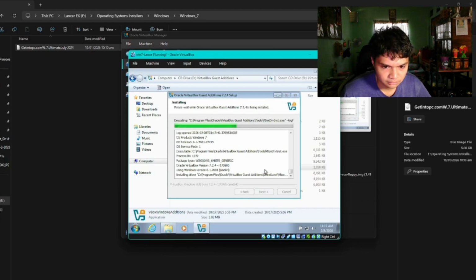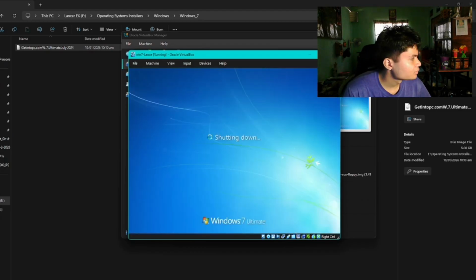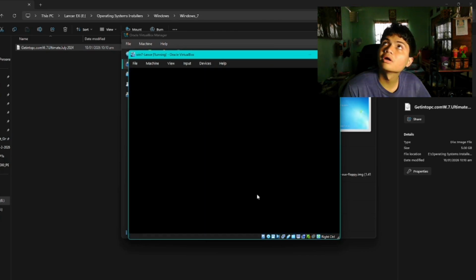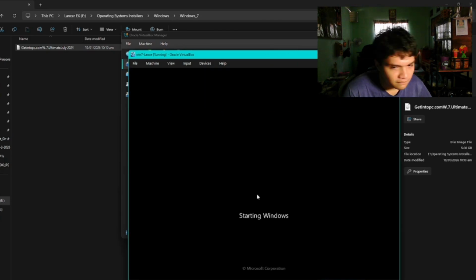Just skip this. Alright, now it's done, you just need to reboot it, then Windows 7 will reboot. What Guest Additions will do is, after rebooting, make the screen larger and more compatible for a virtual machine with a native computer.